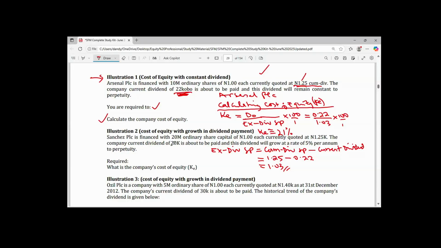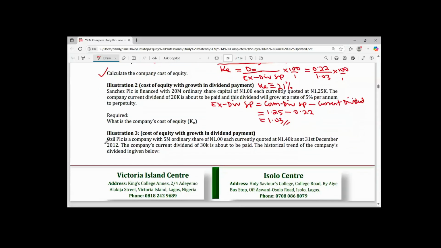Now, if you are fine with that, then let's move to the second one. Please, if I'm too fast, you have to call my attention. I wouldn't know. If I'm too fast, let me know. If I'm too slow, tell me that I'm not making sense. Okay, then let's move on to the second one if you are fine with it.